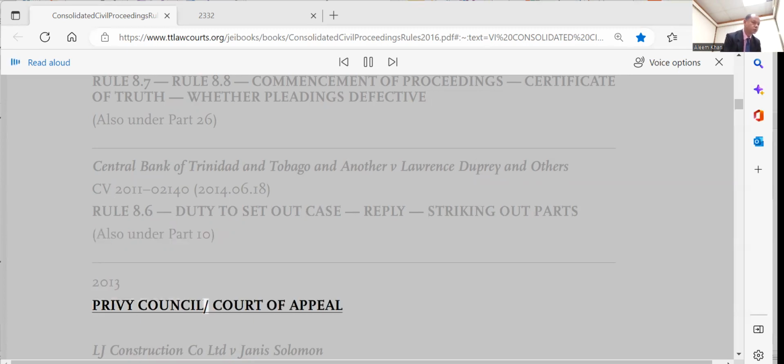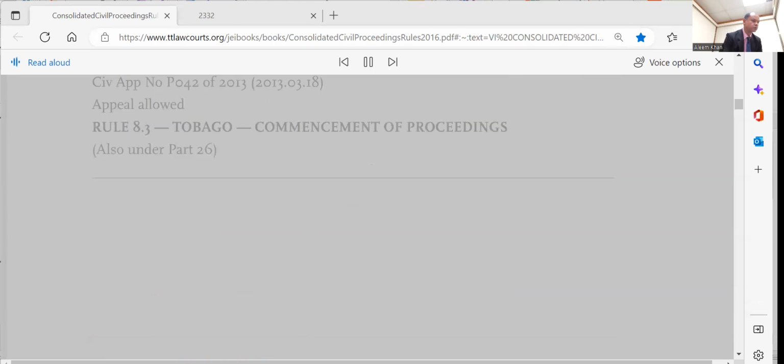2013 Privy Council/Court of Appeal. LJ Construction Co. Ltd. v. Janice Solomon, Civ App No P042 of 2013, March 18, 2013. Appeal allowed. Rule 8.3, Tobago, Commencement of Proceedings, also